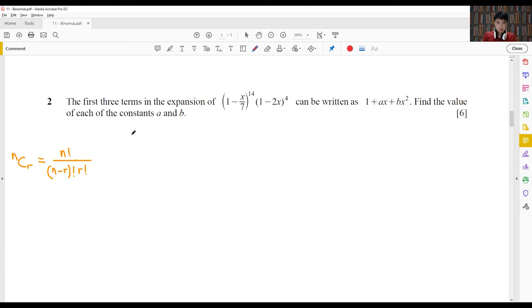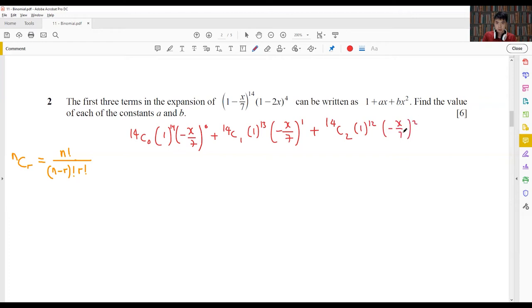Let's make the first expansion here. 14c0, 1 minus x to the power of 14, 0 here, plus 14c1, 1 power of 13, negative x over 7 to the power of 1, plus 14c2, 1, 12, negative x over 7 square. All right, simplify this expansion. We should have gotten 1 plus, sorry, this should be minus